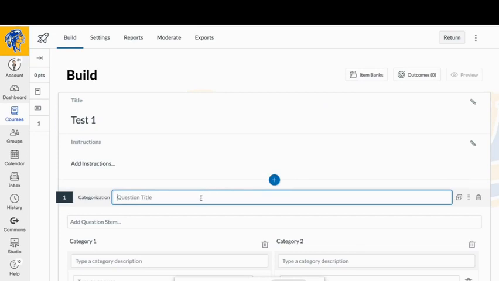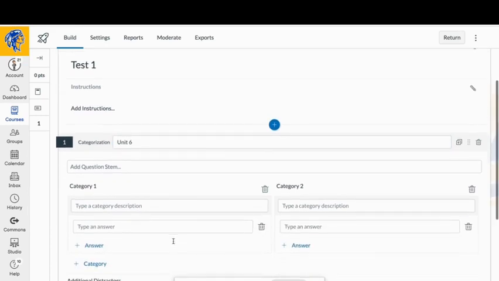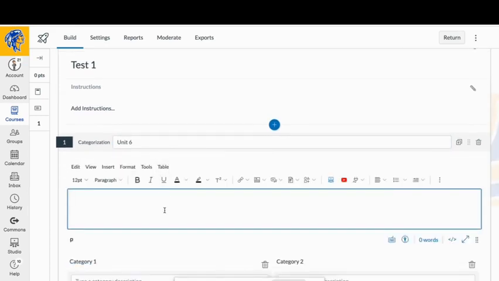Then you decide how you want to categorize it. You could put by chapter, unit, however you're going to categorize this question. I'll just put a unit number. And then we're going to add the question that says, sort these words